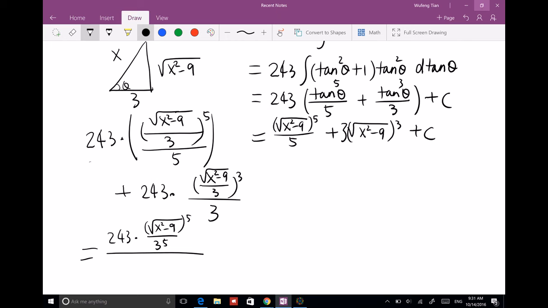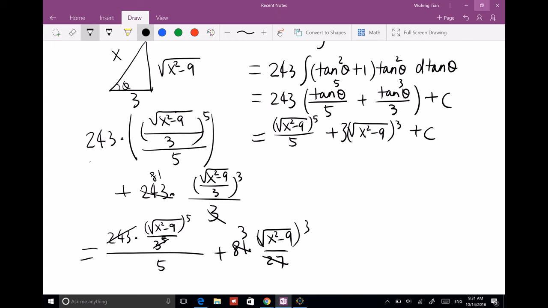Then this 3 to the power 5 is just 243. So this cancels out, and then you have 5 remaining. And then on the top, you have 243 canceled with this. You got 81. Okay. Then 81 cancels with the 27. 3 to the power 3 is 27. Square root of x squared minus 9. You cancel that, it is 3. So that's how you got